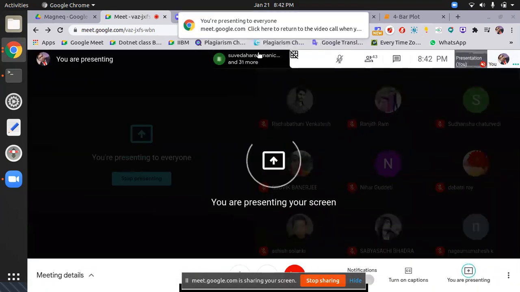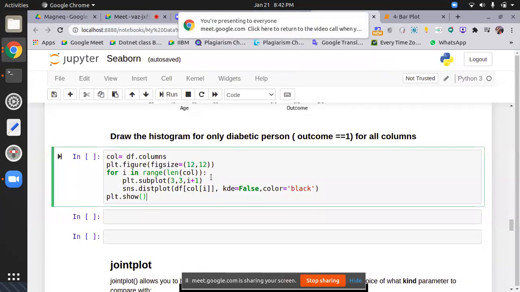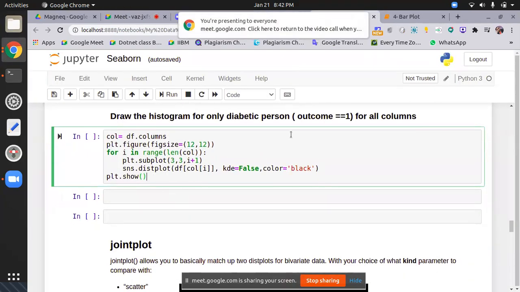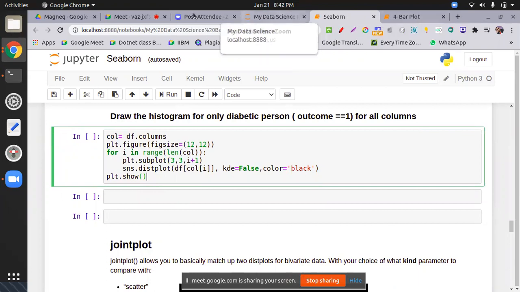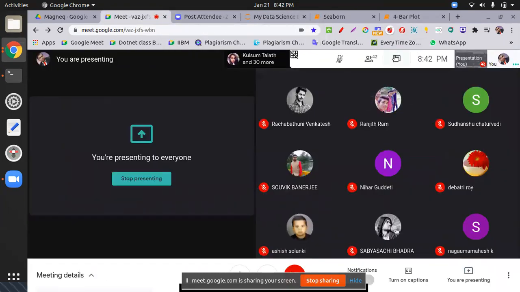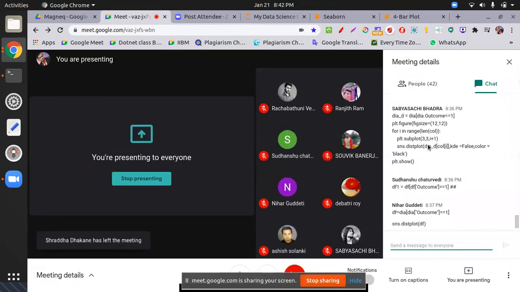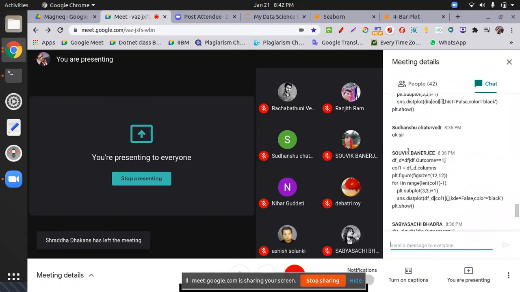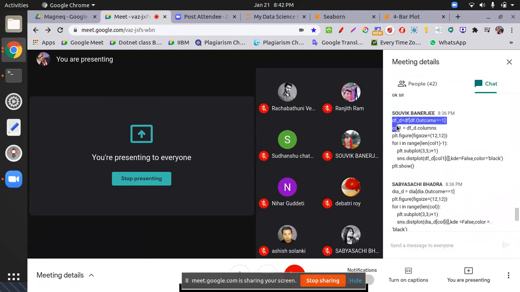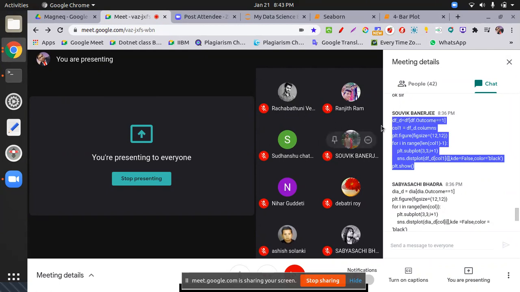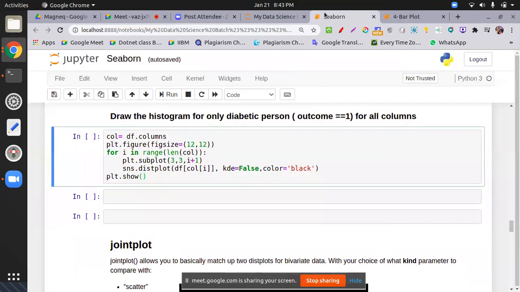Okay, so where we are. What did the other participant, Sabyasachi, do? He did the same thing. Good. It takes, first of all, the data set. Take the columns. Perfectly. If you want to do the short approach, this is the conventional approach. So with a little bit of short approach, you can make this over here. What I do, I just take this thing.